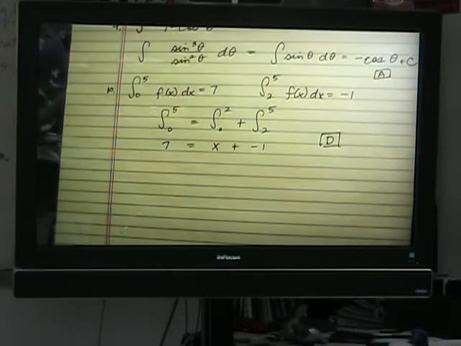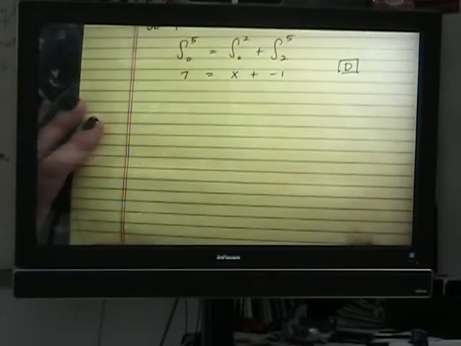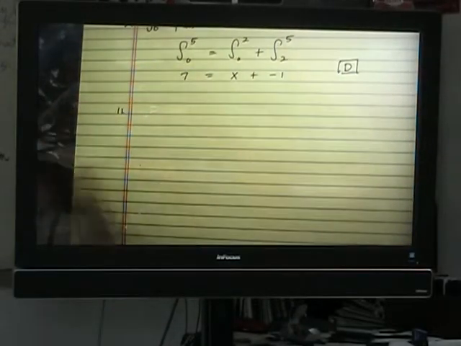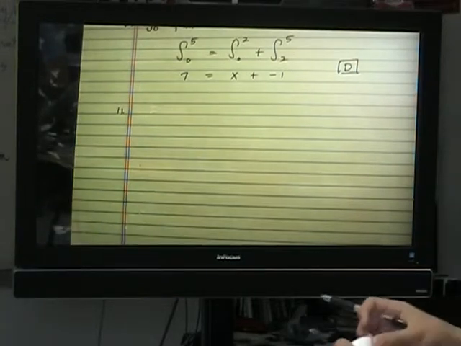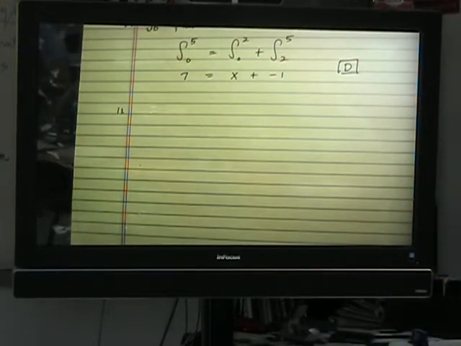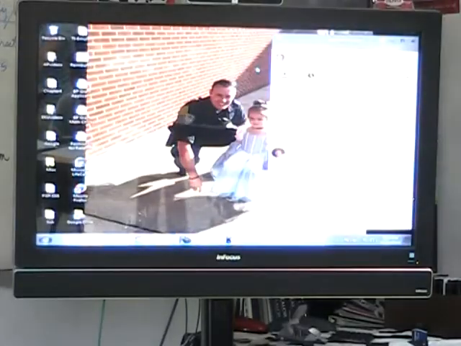All right, flip over to the calculator portion. Number 11. On the calculator portion, it says use the graphic utility as an aid in finding the area of the region above the x-axis bounded by f of x. So if I pull up my calculator here,